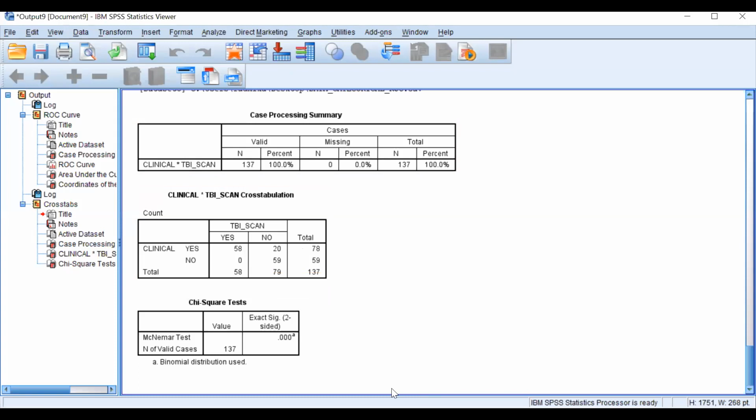That is what we are testing. If you see it is 0, 0, 0, so that means there is a significant difference in the proportion of discordance between the two methods that we have used here. That means it's not equal. So that is how we interpret this.